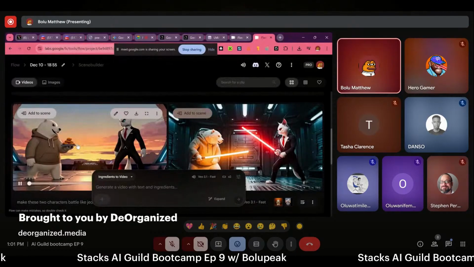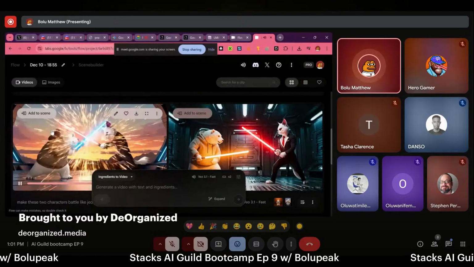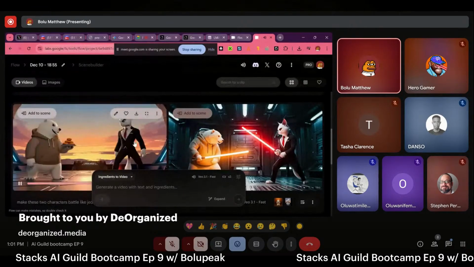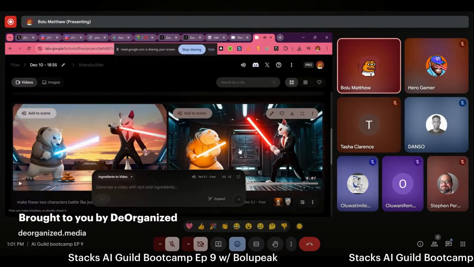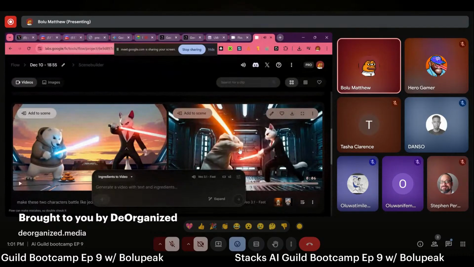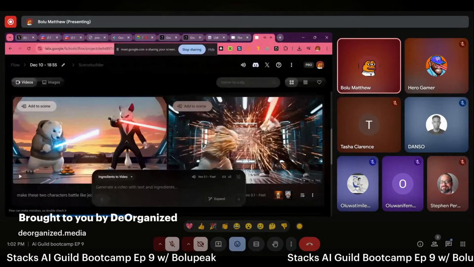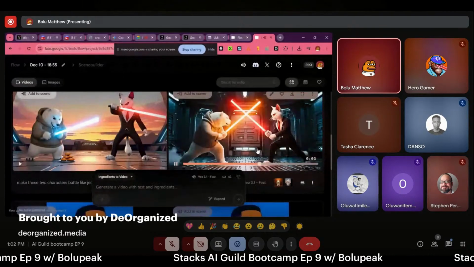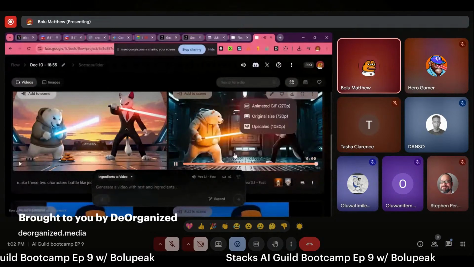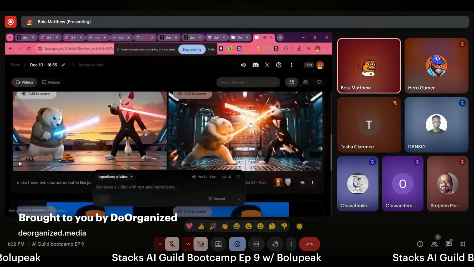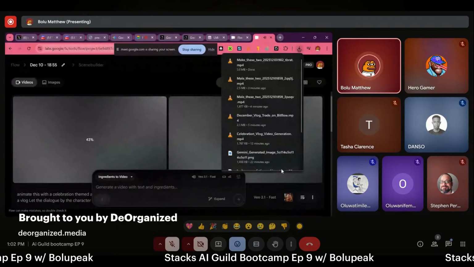You can see both of them are fighting with the swords. But yeah, let's check this one out. And it's not too much. And then you can see that although it's not super perfect, it still works. So now we're going to have a look at